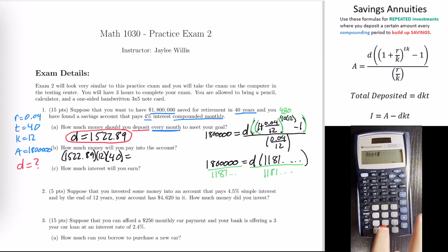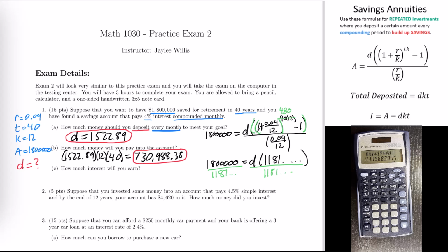And when I do that, so take that answer, multiply by 12 and by 40, that gives me $730,988 and 38 cents. Now the cents might be slightly rounded because I didn't round my deposit amount, but that should be